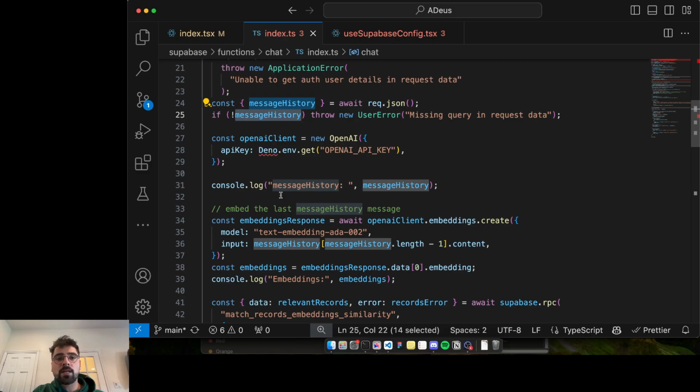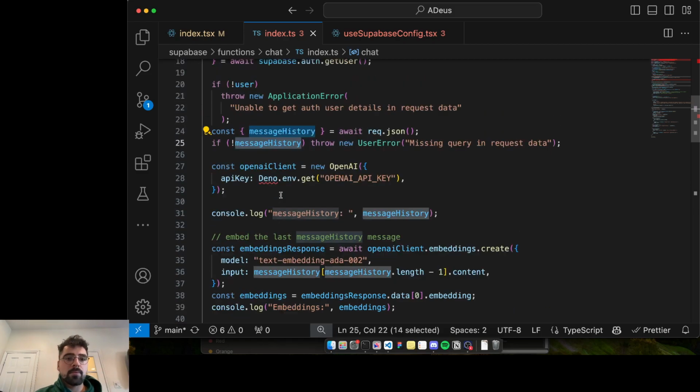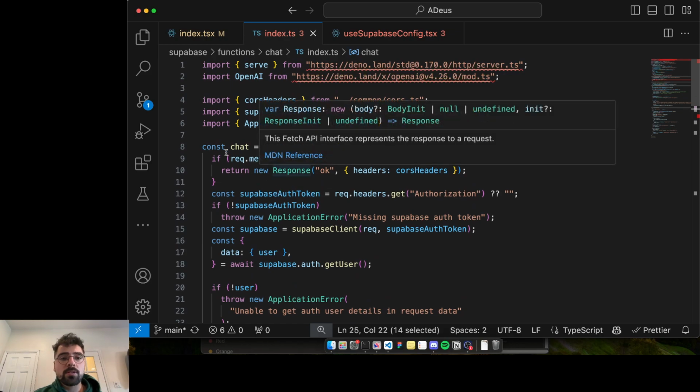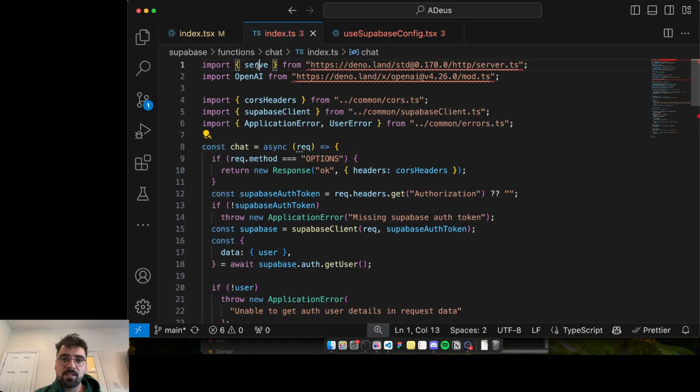In this case, we're running this JavaScript code on Supabase Deno. So Supabase runs a Deno server, and on the Deno server we are running JavaScript code. The way Deno works, okay, so we have this serve function, meaning it runs behind